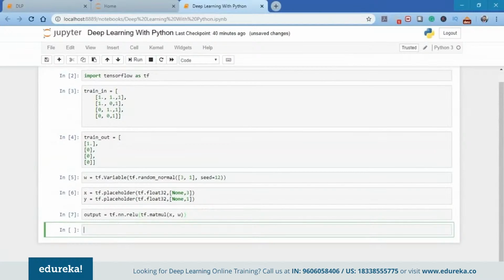So guys, as you can see here, in this case I have used the relu as my activation function. There are a lot of other activation functions like the sigmoid function, the relu, the crelu. Other important activation functions will be introduced as you proceed further. Now that I have used the relu function as my activation function, I need to calculate the error value with